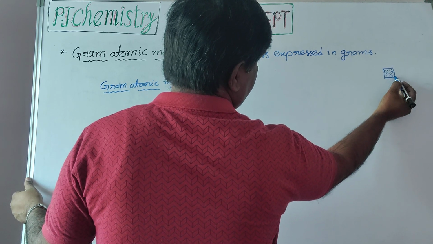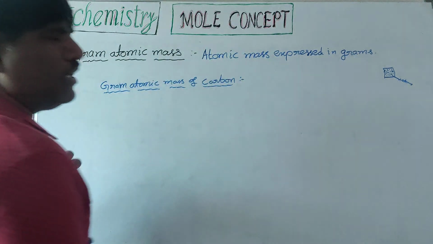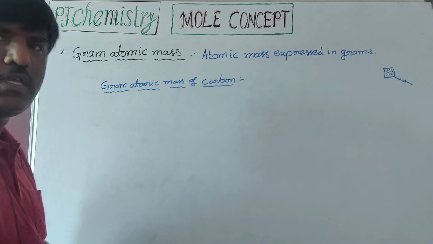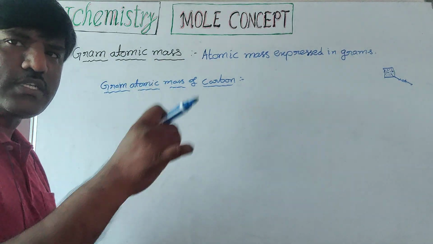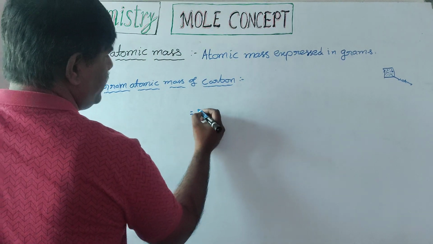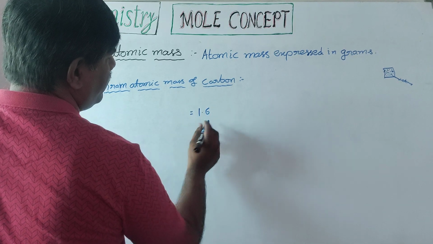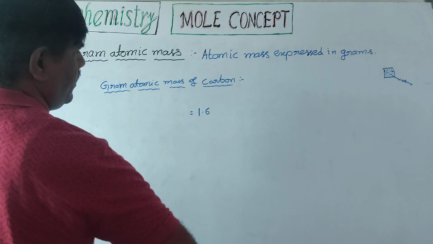Atomic mass unit is nothing but a small part of one atom. We divide it into 12 parts, and the 1 by 12th part we consider as AMU. So first, AMU value, how much? 1 AMU is equal to 1 point,